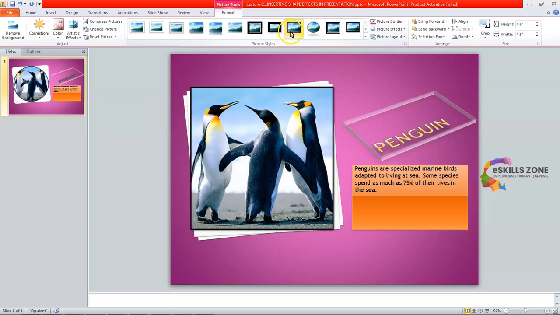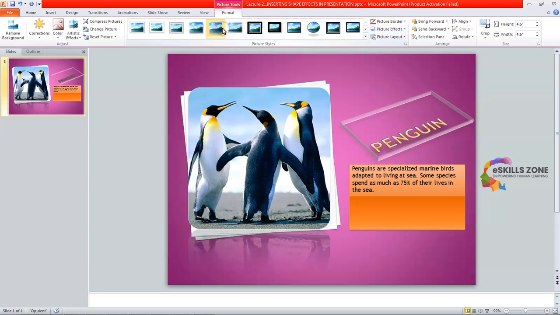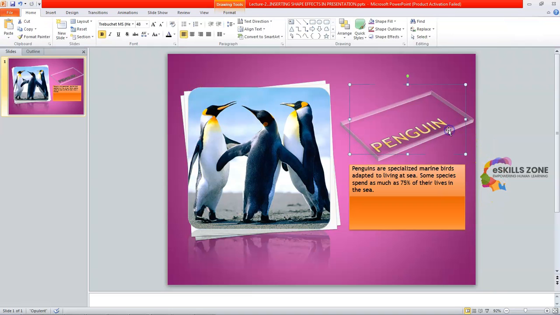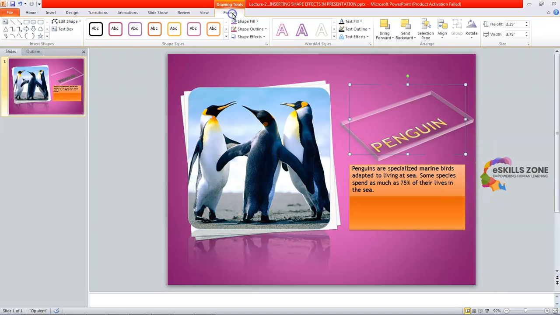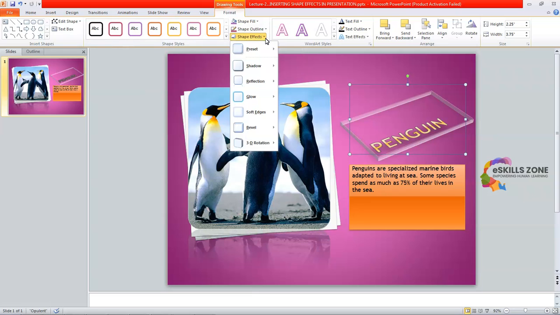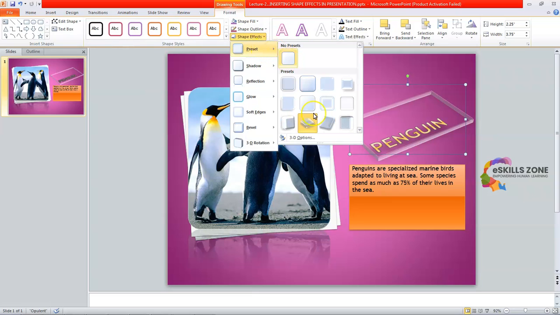Like in this case we will select this one having shadow, and we will also insert shape styles. So here we can see that we have a text, and from the Format tab we can go to the Shape Effects option, and from here we can apply a visual effect to our text. Like from here we can select this one,